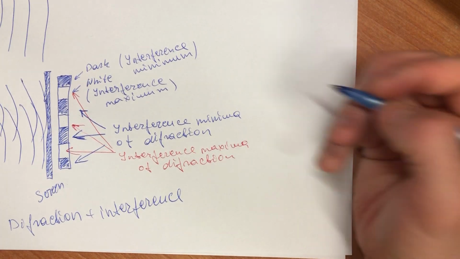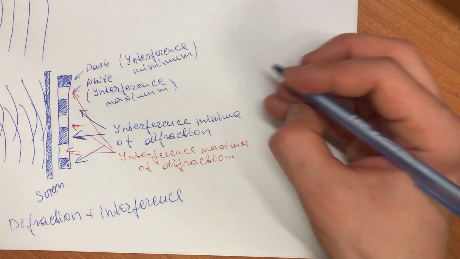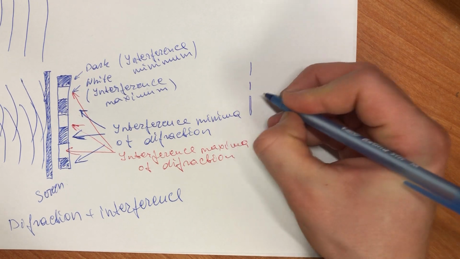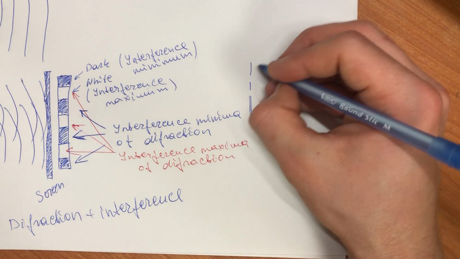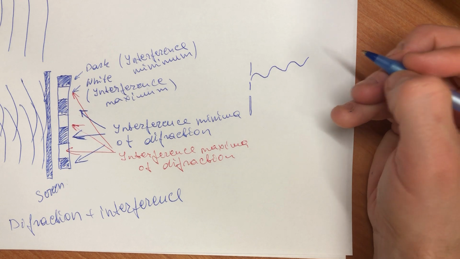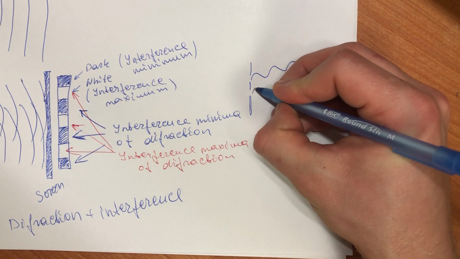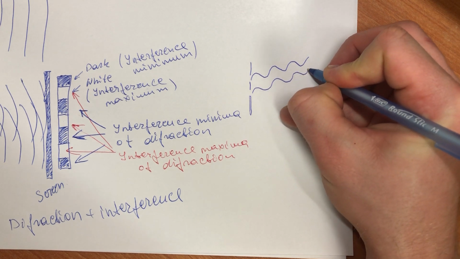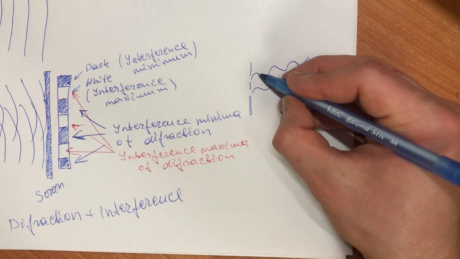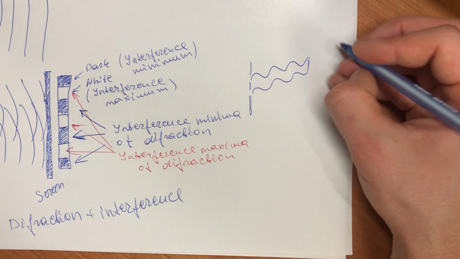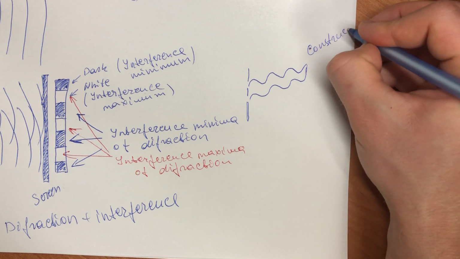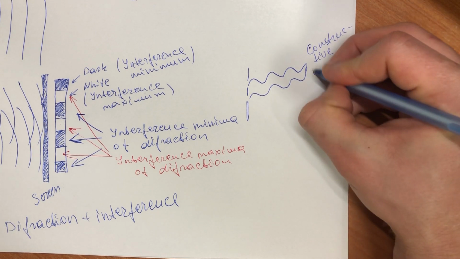So you can see that when the light goes through the narrow opening, so the light beams go through these two narrow openings, so we have light waves, and when they are in phase, so they correspond, you see that these oscillations correspond, maximum is corresponding with maximum, minimum with minimum. So this is constructive interference,